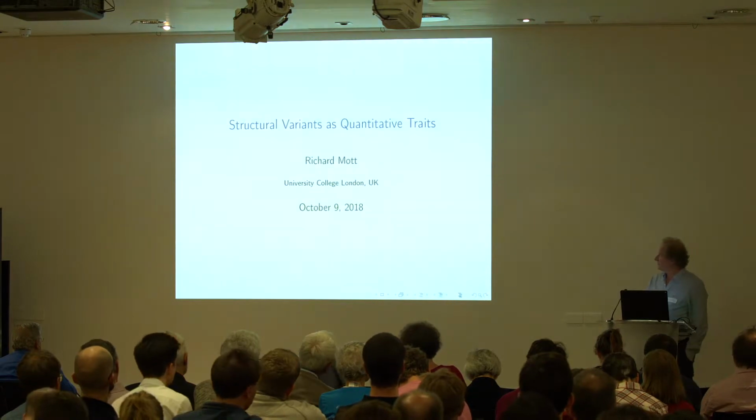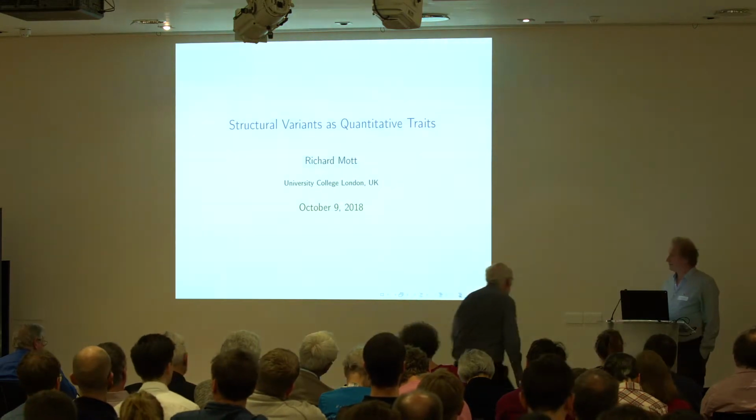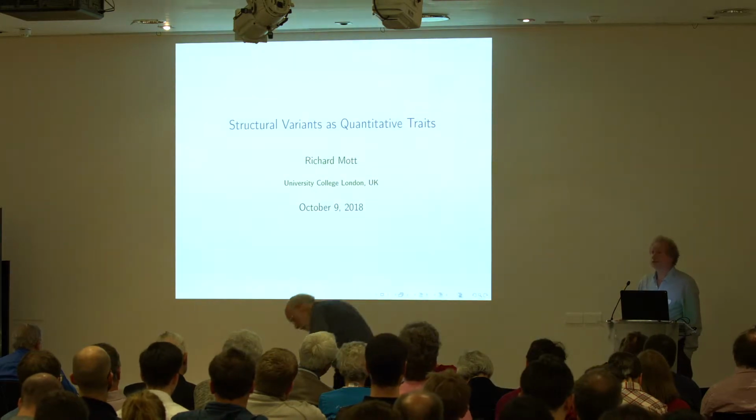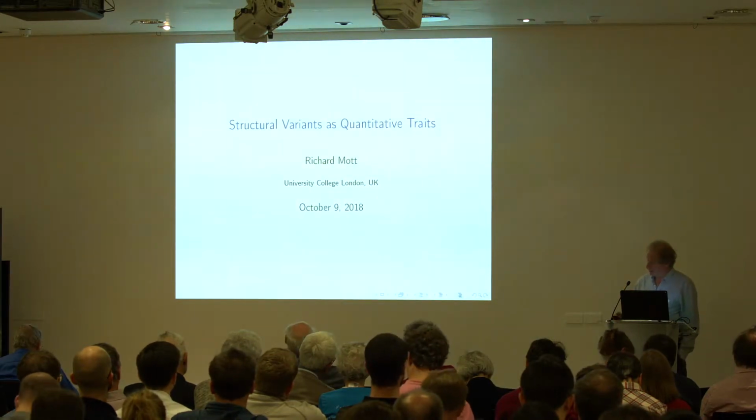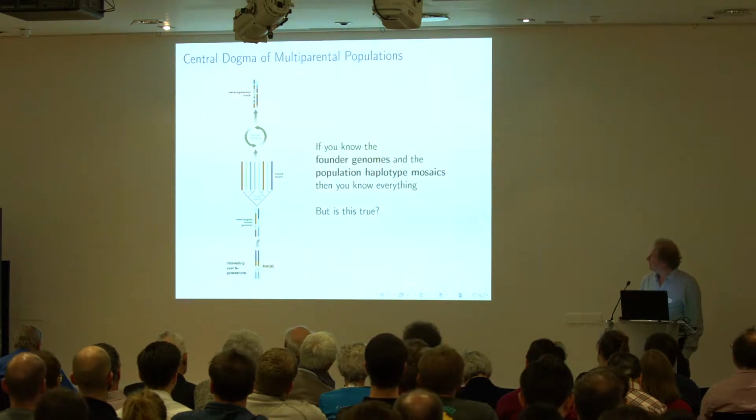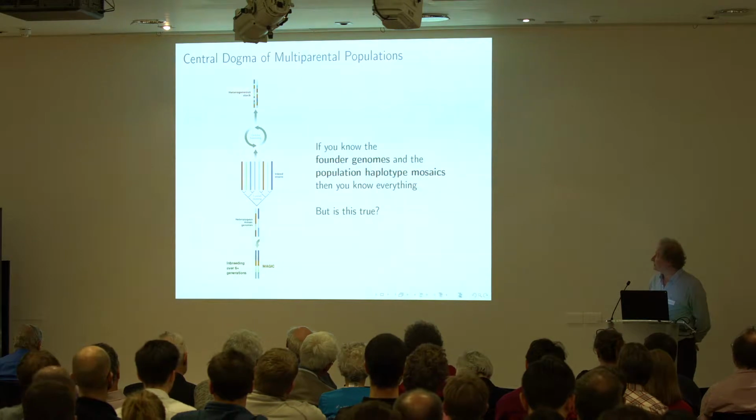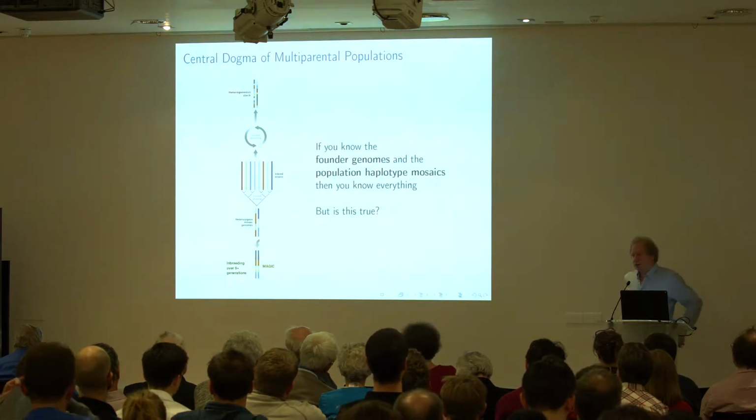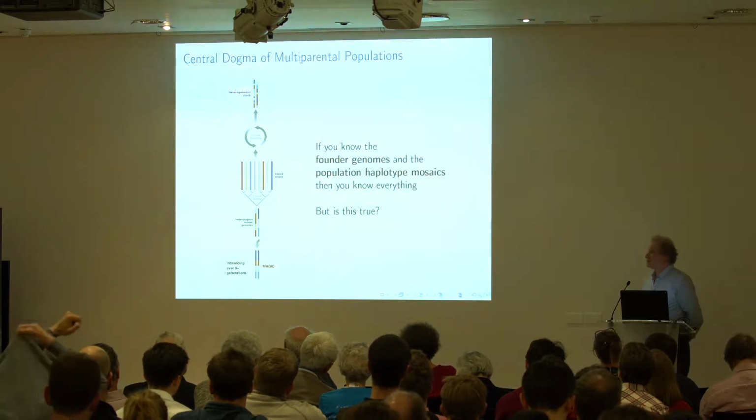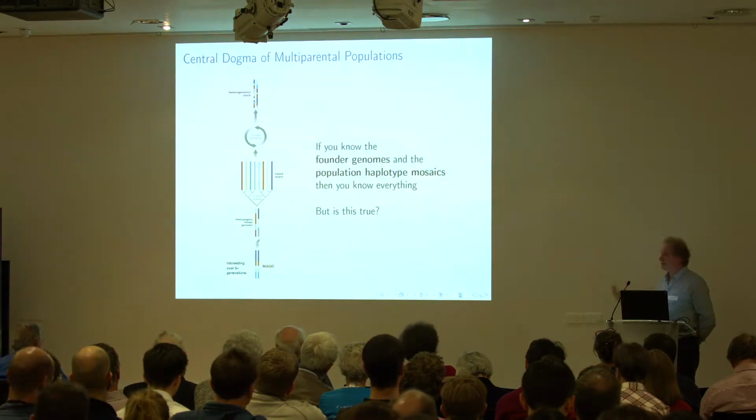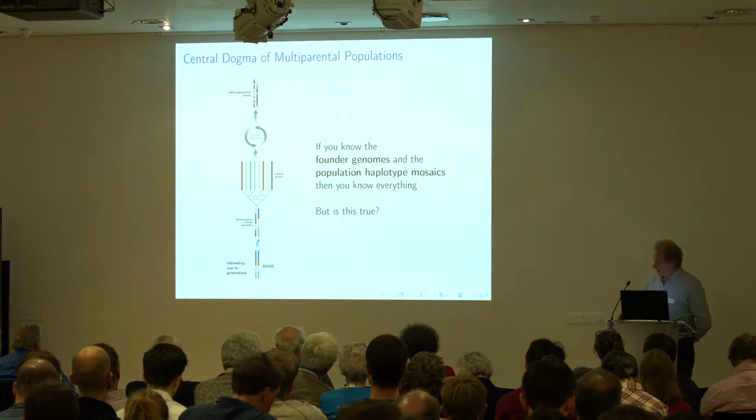So I want to talk about a different approach to structural variation, which you can get from low coverage sequence of population data. So most of my career in genetics has been based around what we might call multi-parental populations. So you start off with a bunch of inbred lines, and you cross them according to some scheme, and you